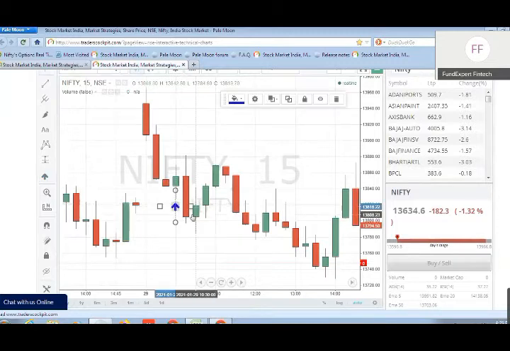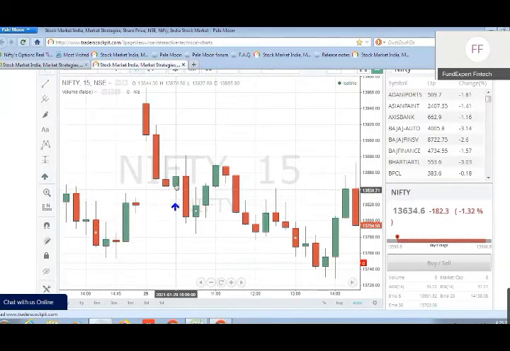So what to do? Do I enter immediately into the market as soon as the next candle forms, or wait for some time? It's better we wait for some time. Till when? Now this is a triggering candle, okay? This becomes a triggering candle or decision making candle. Downside it shows the starting time of the candle, friends. Okay, not to be confused.